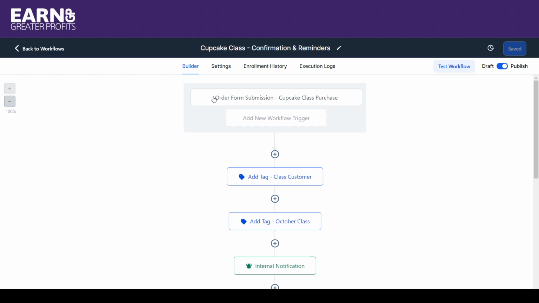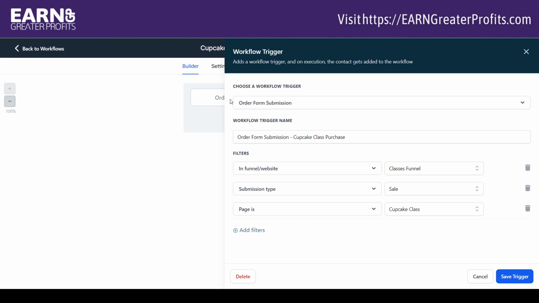So when somebody orders through the order form, then this particular workflow is going to start. So I'm filtering it to this particular website. My website's just called Classes Funnel. The submission type is sale. You've got to have this. If you don't have the submission type, say this is deleted,